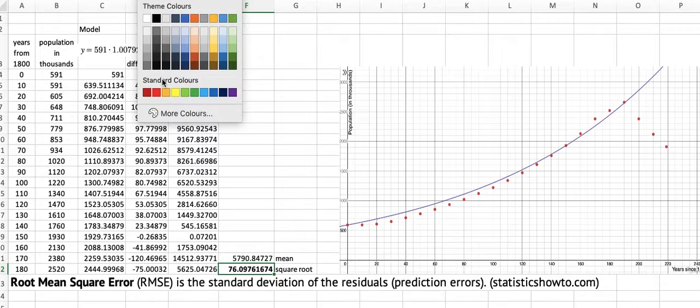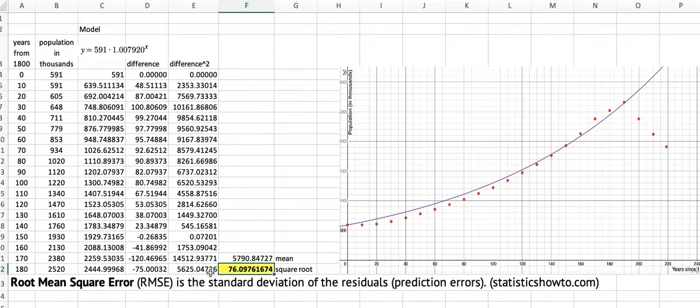76.07. What does this mean? It means something, but not that much. It's kind of a rough average fit, or the average error of the model from the predicted value, but it doesn't tell you that much until you have another model to compare it to. So this is useful if you were trying to decide on a better model after perhaps applying some transformations or making a model using technology. The smaller this number, the closer it is to 0, the better your fit. A model that would lie exactly on each of the raw values would yield an RMSE of